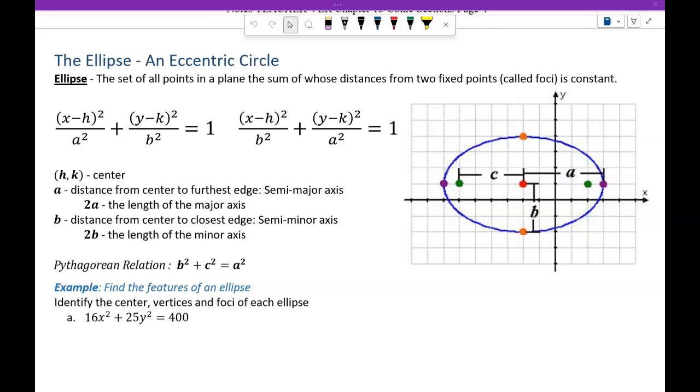Now what we're going to do is extend what we know about circles into an eccentric circle known as an ellipse. Now the ellipse definition is a little bit different from what we've seen before. It still deals with a set of all points with a common distance, but the way we calculate that distance is that the sum of the distances is constant compared to two fixed points called foci, which is the plural